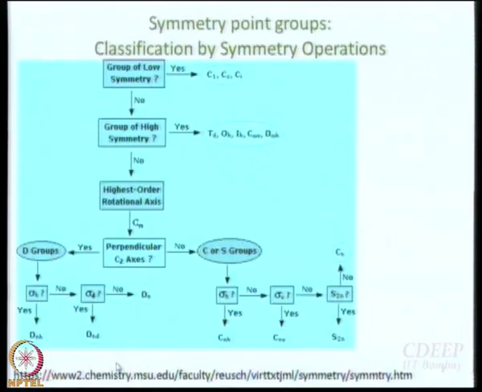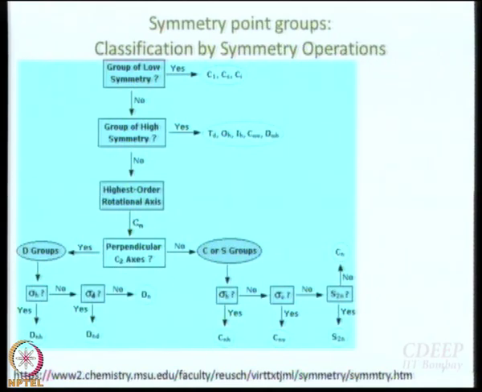So what it says is that there are different ways of drawing this algorithm. I got it from this website that is mentioned here. You will find it in any standard book of physical chemistry. Right? So it says that first of all, see whether the symmetry is really very low. C1 would mean what? What is C1? C1 means you rotate by 2 pi. Right? So you rotate anything by 2 pi, you reach not only an indistinguishable but an identical configuration. Right? You take a porcupine and rotate it.